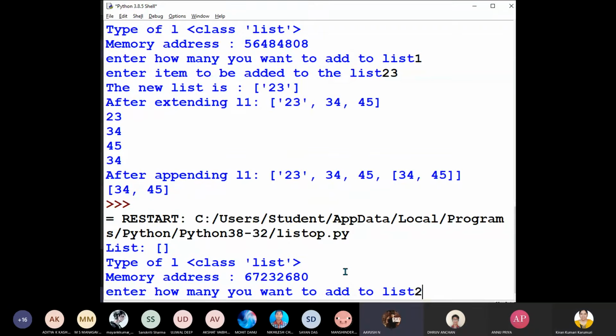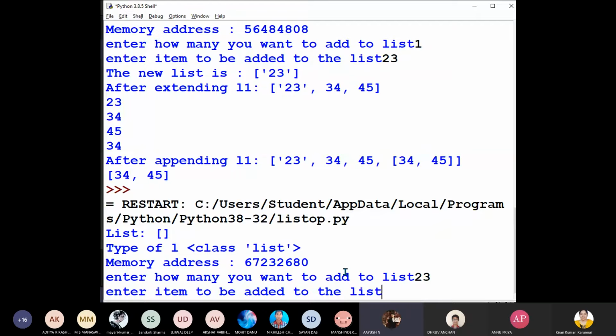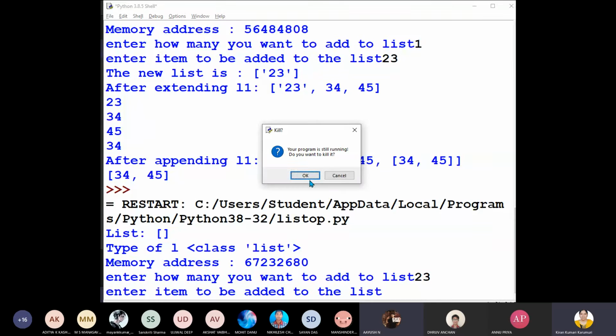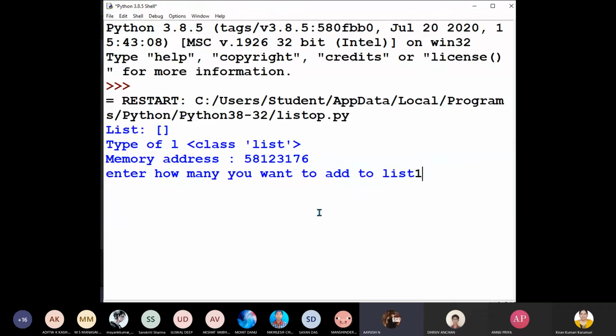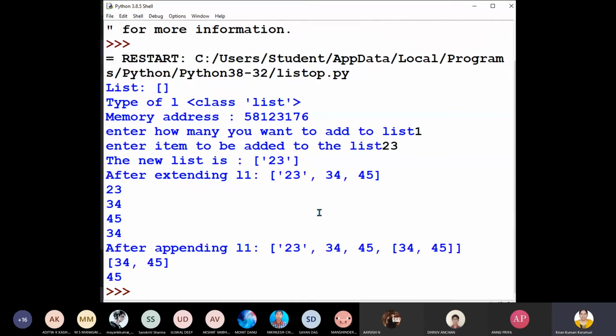For that program you've written L minus 1 minus 1. We can also write L minus 1, 1. Yeah, both ways it is correct because there we have only two items. If you are using forward index, first index is the 45. If you are using reverse index, minus 1 is the 45, isn't it? Both ways it is correct, ma'am. You can see minus 1 is 45, yes or no?